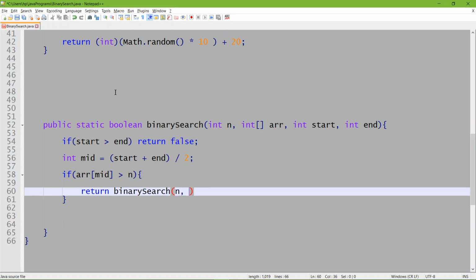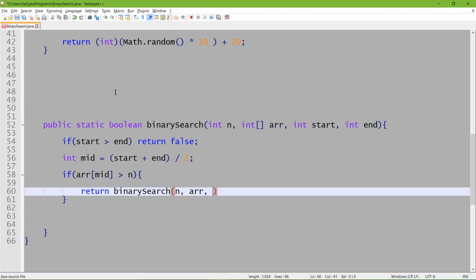Okay, great. Now how do I tell the recursive call that it only has to search the left part of the array? Since we are only going to search the left part, our end is reduced to the index preceding the middle index.